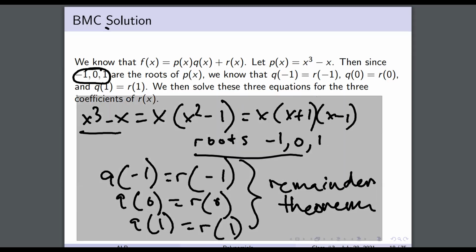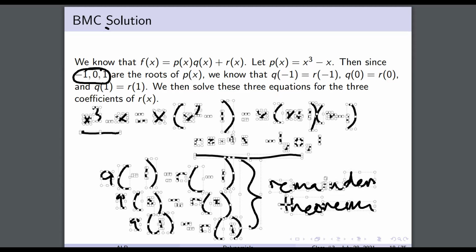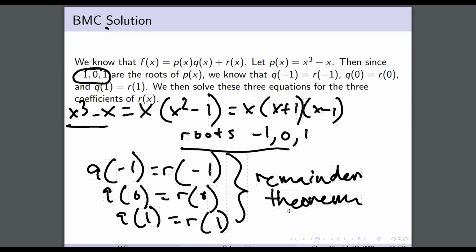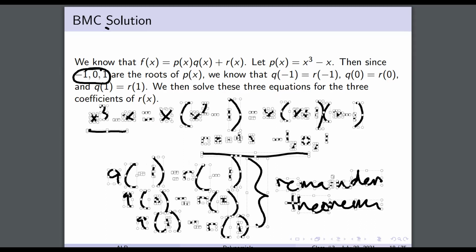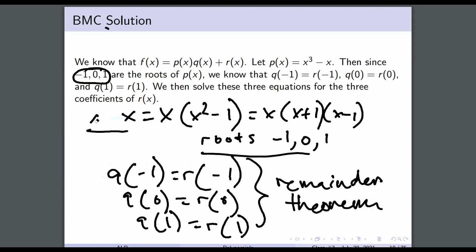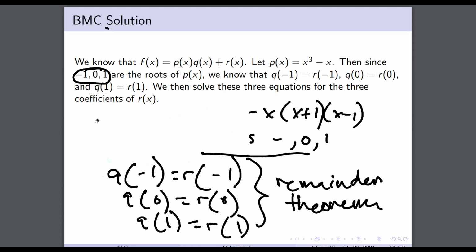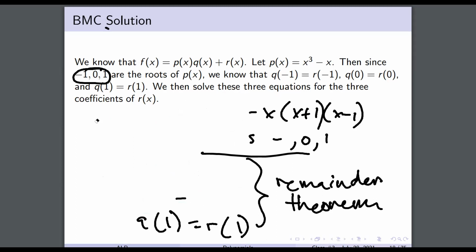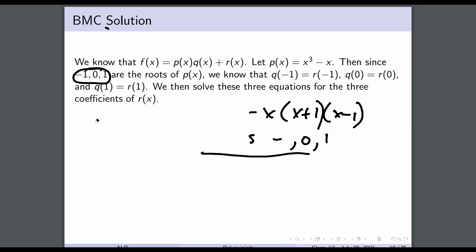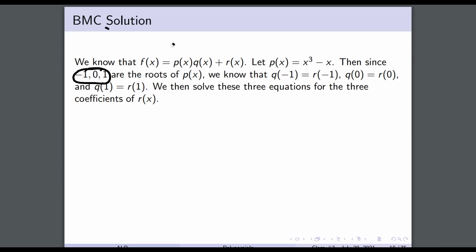I'm trying to select all of it. I'm gonna erase all this now that we understand it, just so I have more space to work on the actual problem. So now we can go ahead and solve for what q of -1 is. Q of -1 equals,